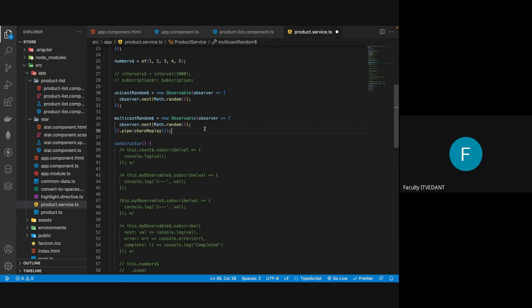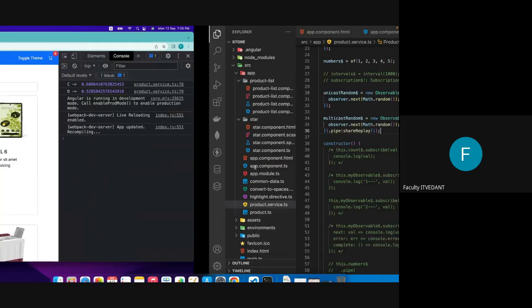So it internally creates a subject itself, and that subject is like an event listener. It listens to whatever value the observable is sending, and it broadcasts that value to all the subscribers. It doesn't create multiple subscribers. Now if you just add this shareReplay operator and save it, you will see